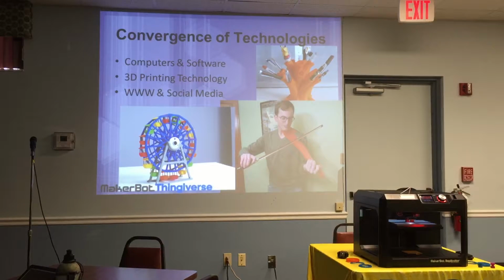Well, up there on the right-hand side, that's a nice little spaghetti-type pencil holder thing that I found on Thingiverse. We'll talk about that website at the end. That Ferris wheel is a working Ferris wheel. You can print out kids' toys, or adult toys if that's what you want to do with it. On the right hand side, a real working violin, 3D printed. Print the pieces out, assemble them, bam, you've got your new musical instrument. I'm not going to guarantee it's a Stradivarius, but.